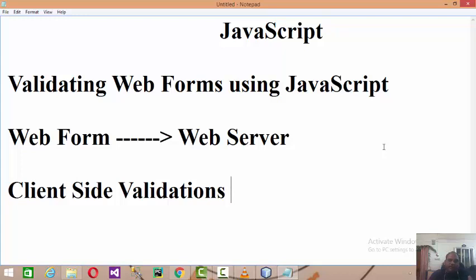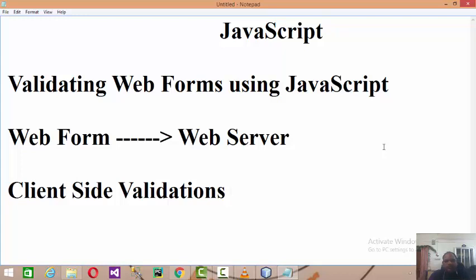It validates it there and there only for appropriateness, correctness, format, even for blankness, and then this validated data will be posted to the server, and in this manner we can avoid the server side exceptions regarding the data format.